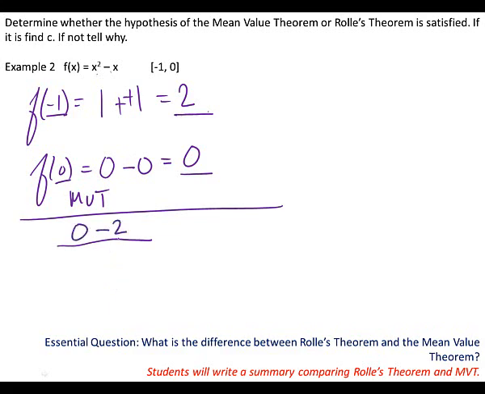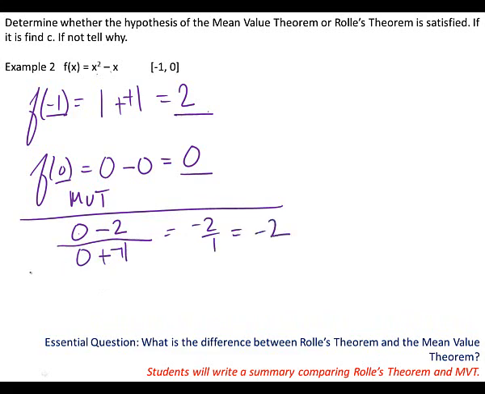0 minus 2. Okay. Could I have done 2 minus 0? Yeah, you just have to make sure you keep the x value with the right y value. Okay. So if I started with 0, what do I have to start with for the x values? 0 minus what? -1. Double negative is going to go what? Positive. So I've got -2/1, or just